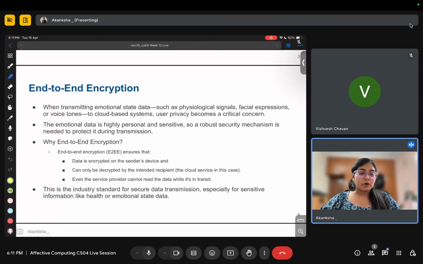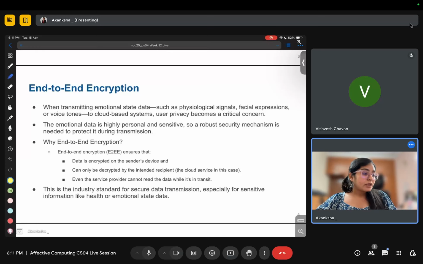So let's talk about what is end-to-end encryption. We want that while the data is being transmitted from sender to receiver, it should be encrypted. Encryption का मतलब है to change it in a certain way that it is not easily interpretable. ठीक है?